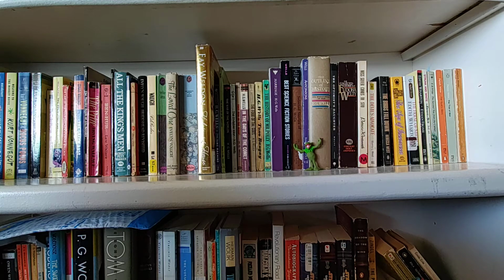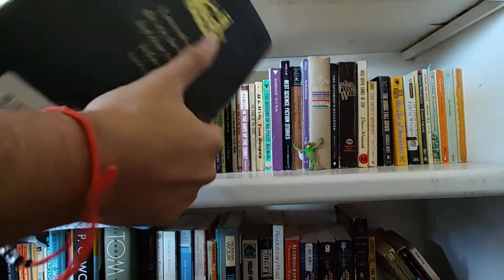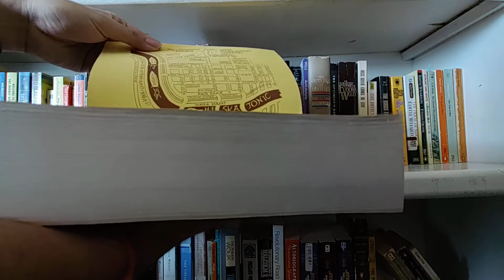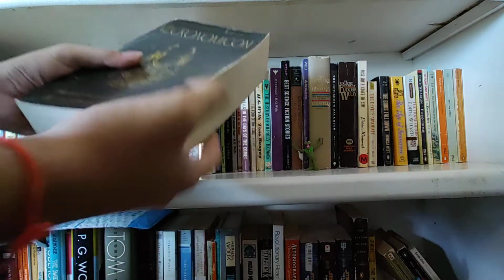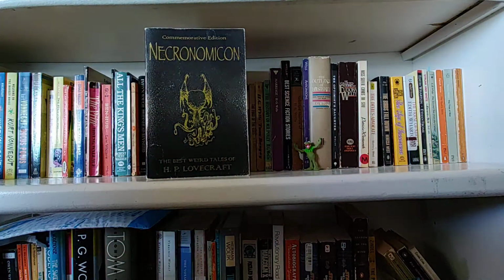But at the same time, it's not the definitive edition that I want of this author's work, and that is Necronomicon, The Best Weird Tales of H.P. Lovecraft. Yes, this is my first Lovecraft. I read most of these stories, at least all the famous ones. See, it's got a nice map there of Arkham. It'd be a shame to get rid of this. It really would be, but alas, it doesn't fit in my library, and I'm looking to get a complete works of Lovecraft. Ahab, if you know of any complete works of Lovecraft that's maybe 9 inches or shorter,